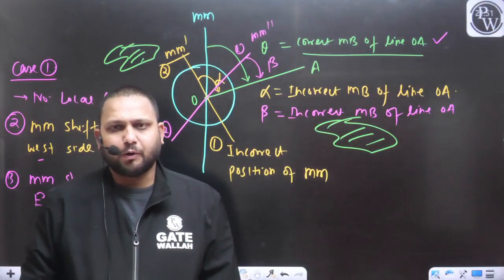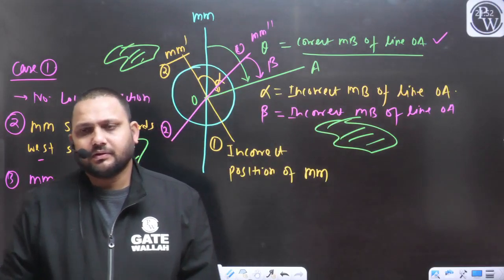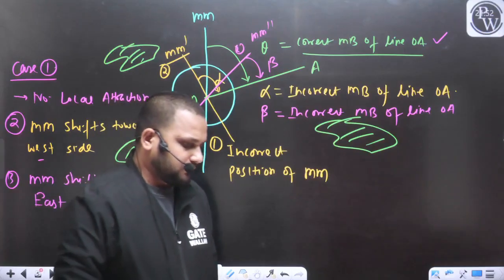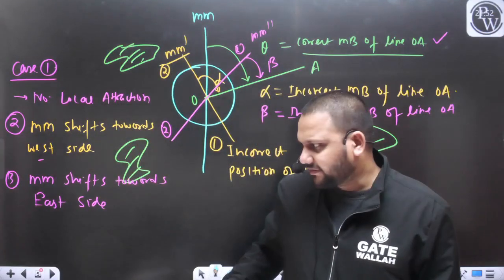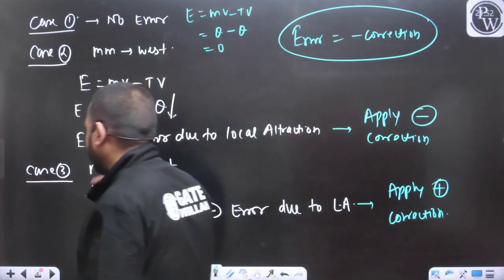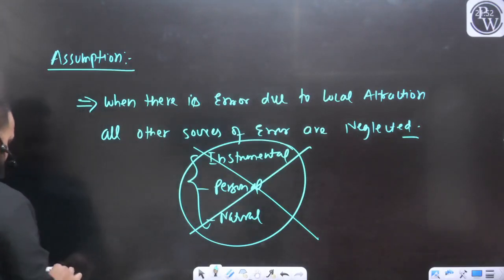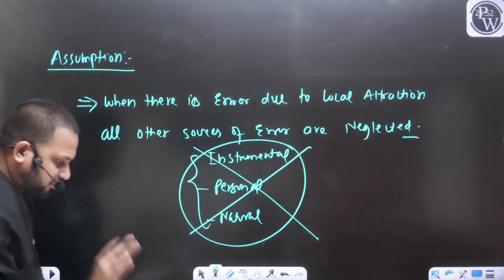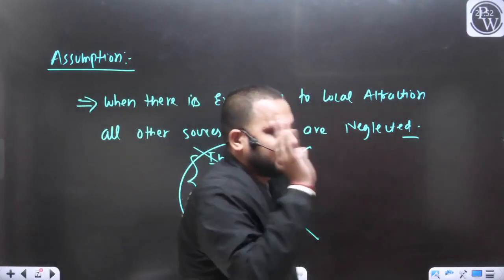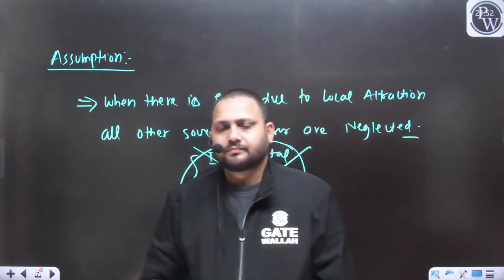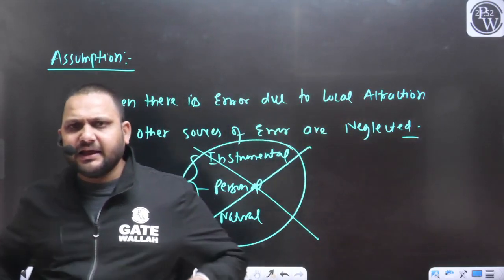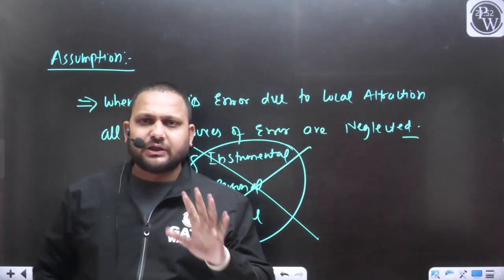I hope you got the point, yes or no. So this is a very important assumption. Whenever we talk about the error due to local attraction, we will assume that there is no other error in our survey work. If there is any error, we will consider all that error due to